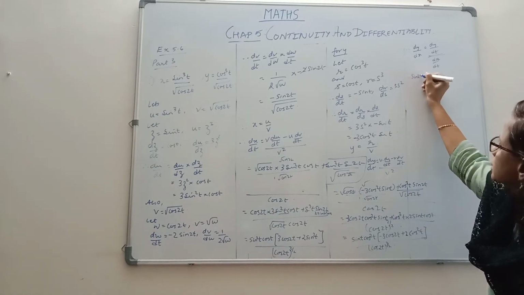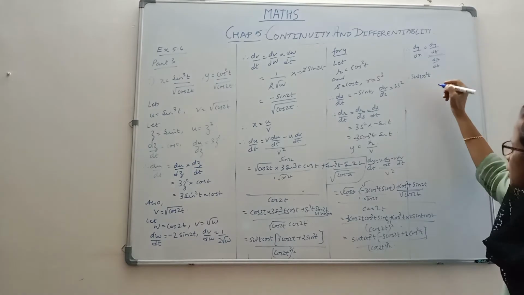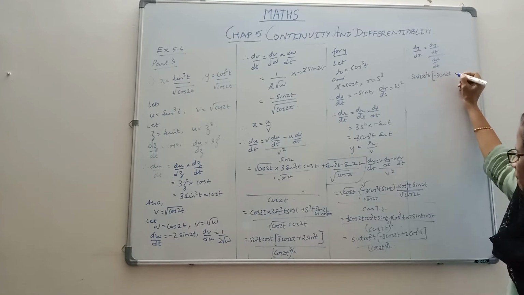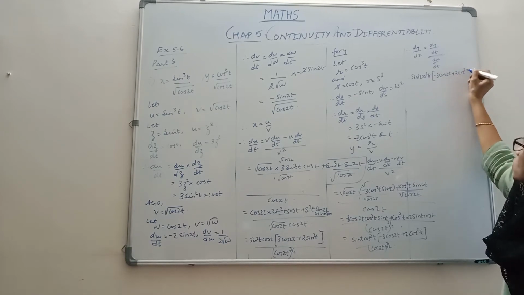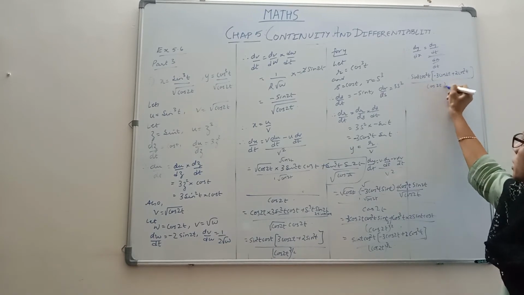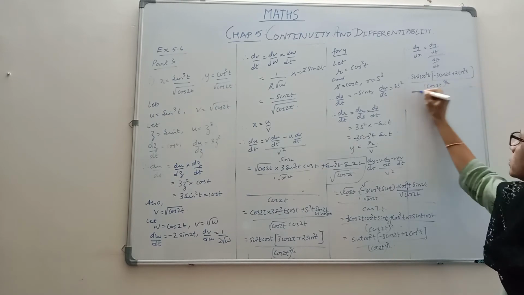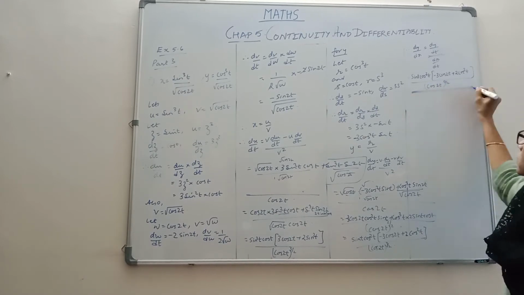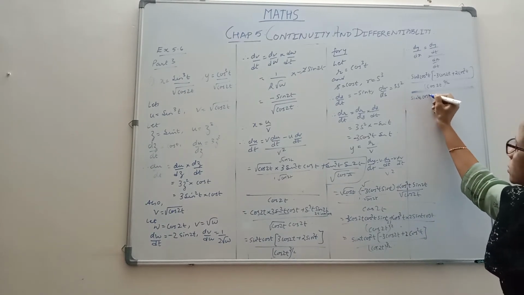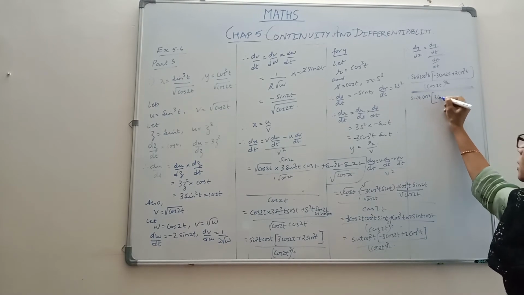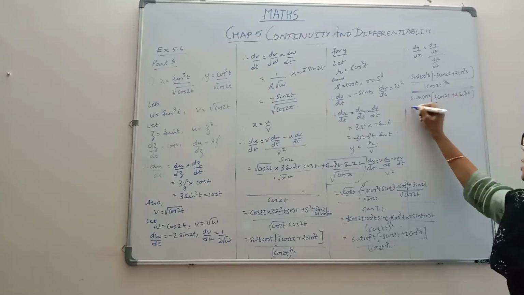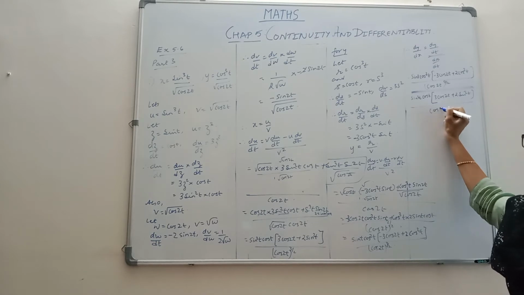It is sin t cos square t times minus 3 cos 2t plus 2 cos square t by cos 2t raised to 3 by 2, whole upon dx by dt. What is that? Sin square t into cos t times 3 cos 2t plus 2 sin square t by cos 2t raised to